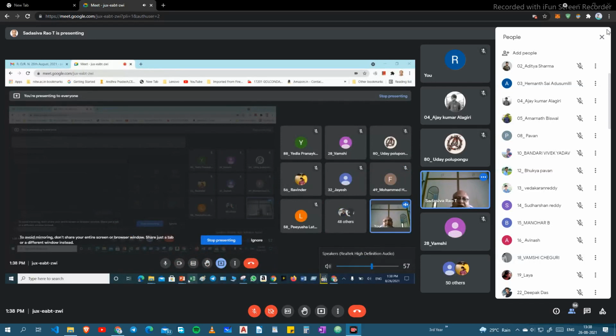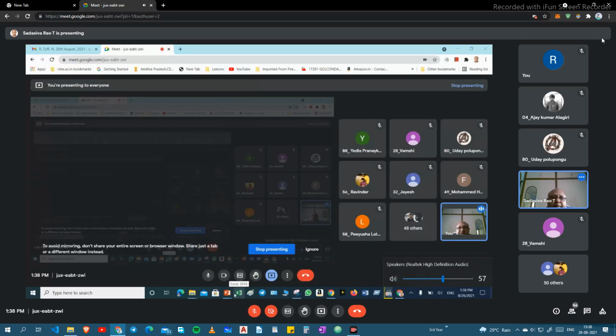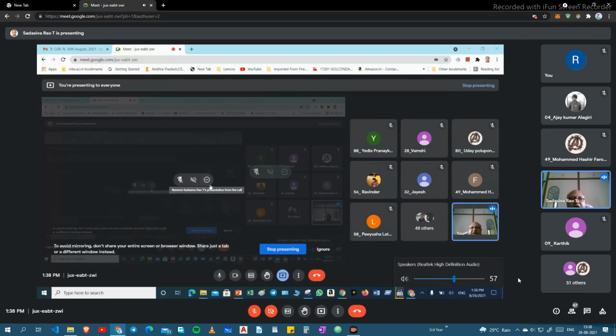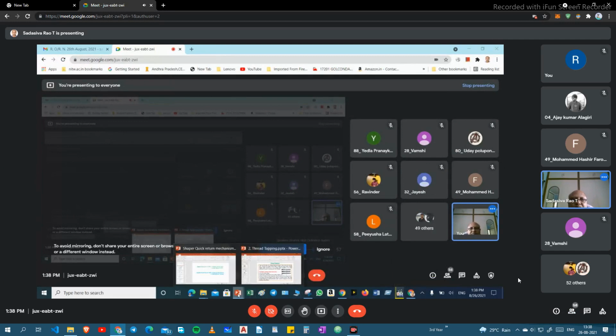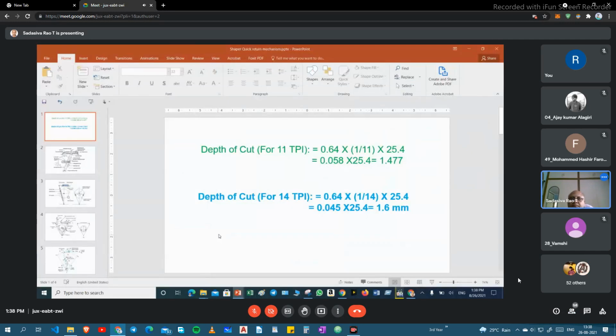In the last experiments, that is in the thread cutting, have you calculated the depth of cut? Depth of cut for the thread cutting. You note down this one. Depth of cut for 11 TPI, you have to write in the record.